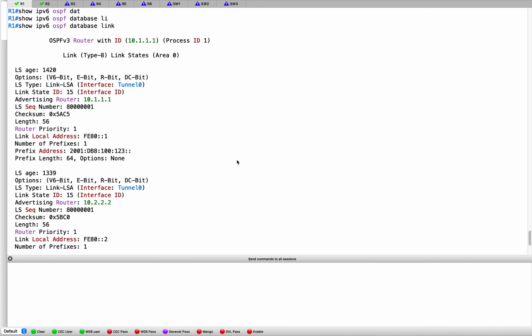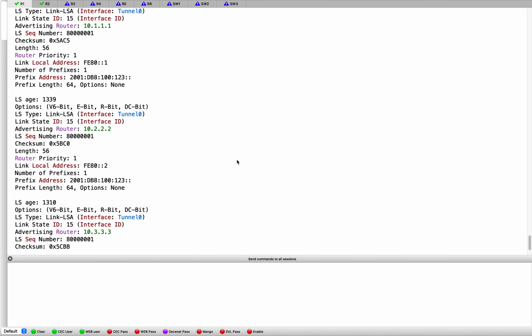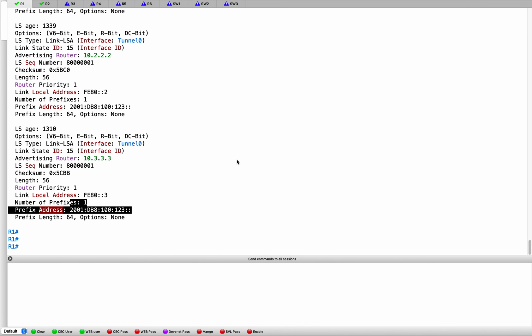So type 8 is mainly for that. Type 8 will have the prefixes of the networks with my neighbors. As a result, even loopbacks won't be here. But if you want to get all the other prefixes, you just need to go to type 9, and that can basically be seen with show